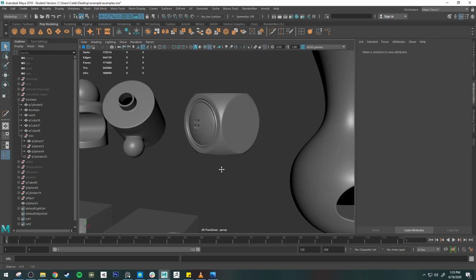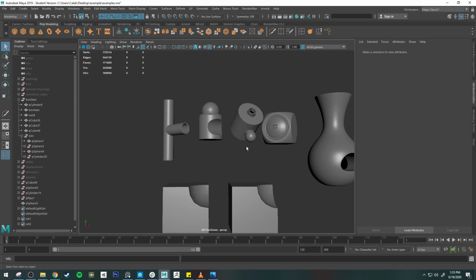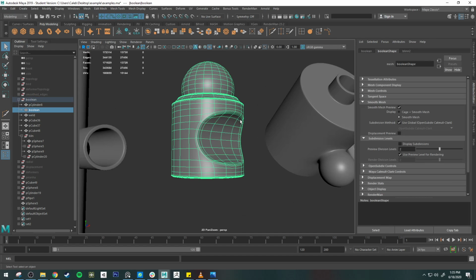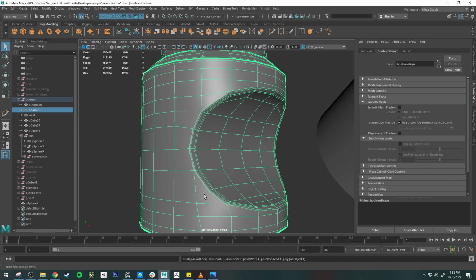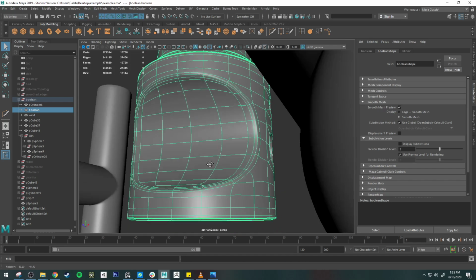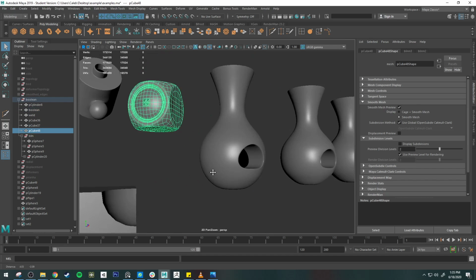So my recommendation is for any type of object where you're going to weld them together or cut out between them, to plan your topology and try to get the edge loops to line up as best as you can. They don't need to be perfect, right? And you can sometimes do some funky topology, as you can see in this one. This is not as clean looking as the other one, but it still works, right? So it doesn't need to always be perfect,